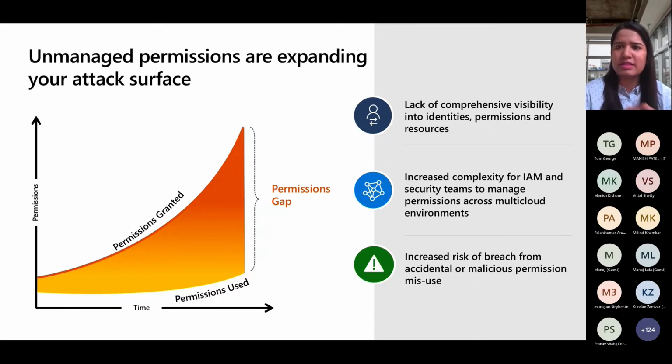The reason they may not have an idea how to manage is because we all know that in cloud there is still a lot of gap when it comes to learning cloud as well as learning multi-cloud. So you might have a team which may be Azure heavy and they understand identities in Azure, or they understand identities in AWS, but they don't understand identities in the other cloud, which may not be their primary competency. And then those identities or those permissions just remain out there, and no one even knows the risk,